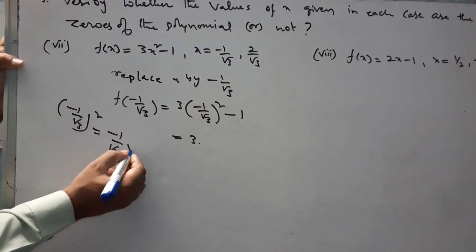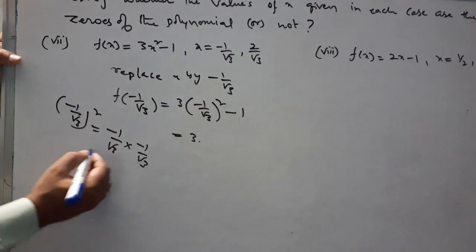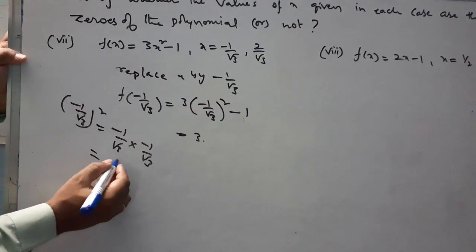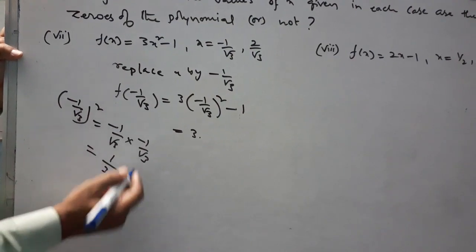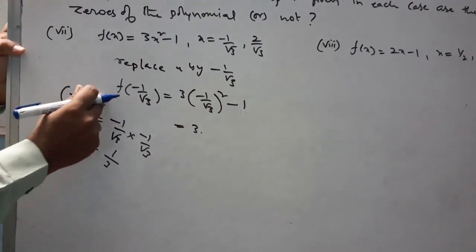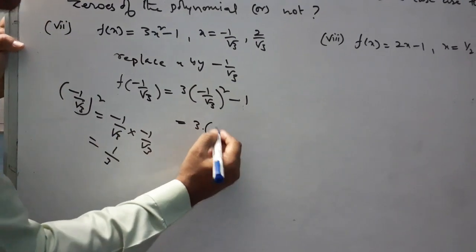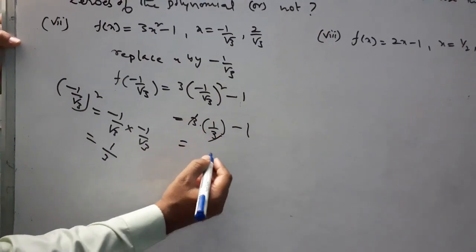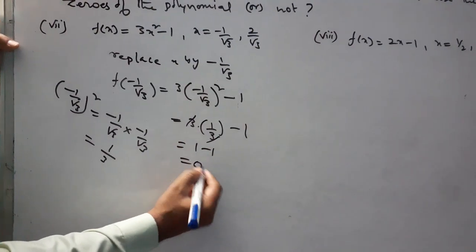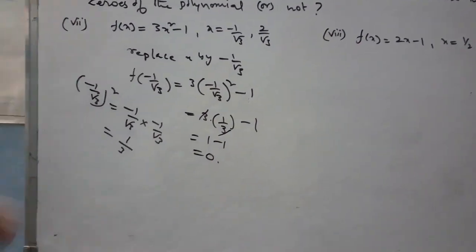minus 1 by root 3 into minus 1 by root 3. So minus 1 into minus 1 becomes 1, root 3 into root 3 becomes 3. So minus 1 by root 3 whole square is equal to 1 by 3. 1 by 3 minus 1. 3 will be cancelled, that is equal to 1 minus 1, that is equal to 0. So next,